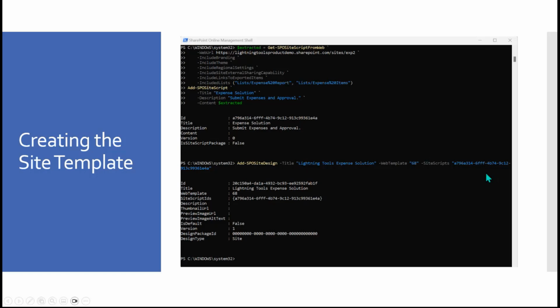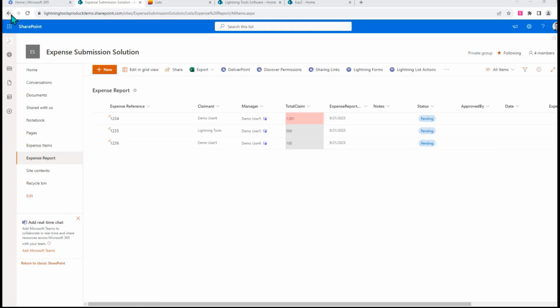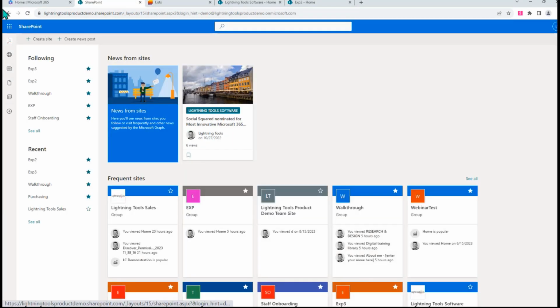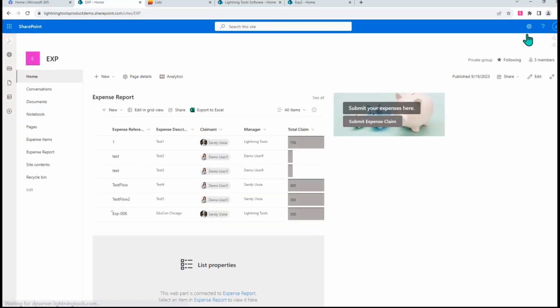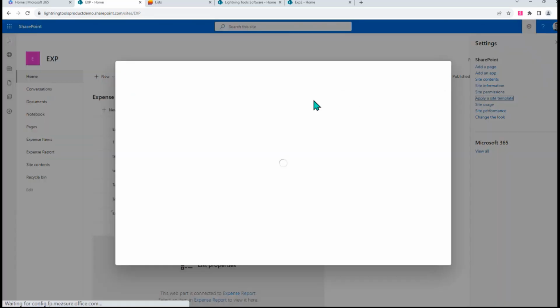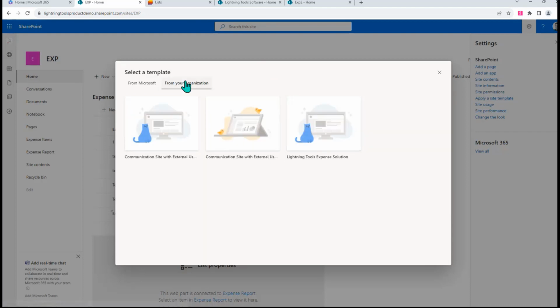drop it into the Add-SPOSiteDesign, and you'll notice that you can then use the site design inside of SharePoint. So if I was to go into SharePoint now, in fact, let's just take a little shortcut. I'll jump into one of these existing sites here, and I can choose Apply Site Template. And as well as seeing the existing Microsoft site templates, you'll notice that from my organization, I can choose the